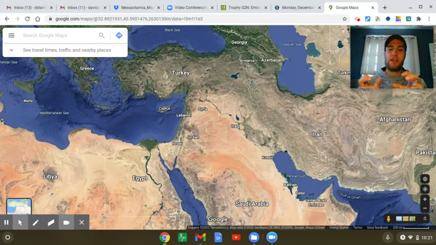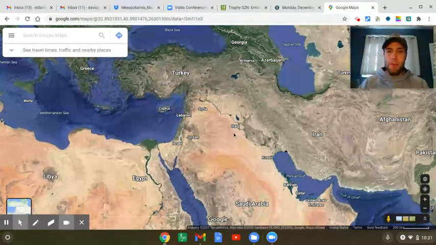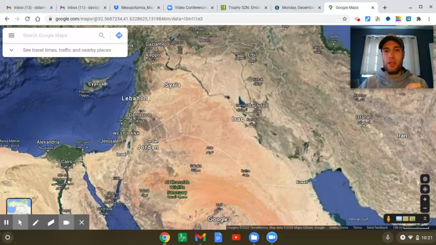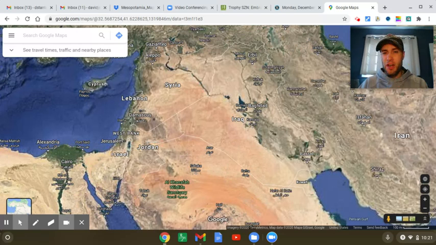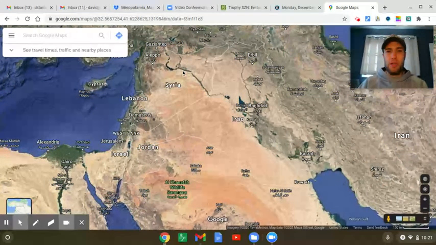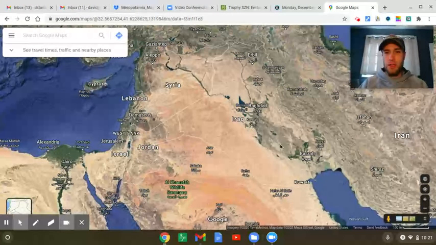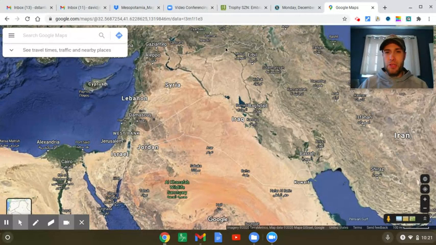So technically, it's actually a small area. Sometimes we generously label it as a bigger region, but technically, Mesopotamia is really only the land between these two rivers, and they're kind of hard to see. They're not real big, but you can see them on the map. This right here is the Euphrates River, and it flows right there. And this right here is the Tigris River.